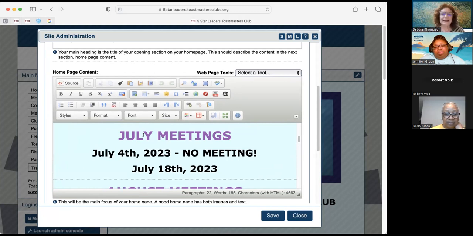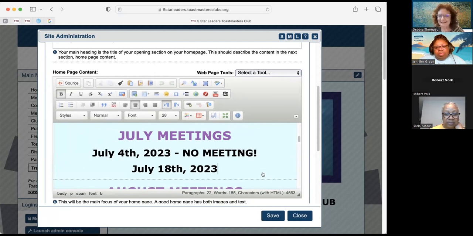I can come in here and select, type over, and save very quickly. If it's something minor, you may want to do it that way, but think about adding pictures and text and creating something. This is not very workable, is it?